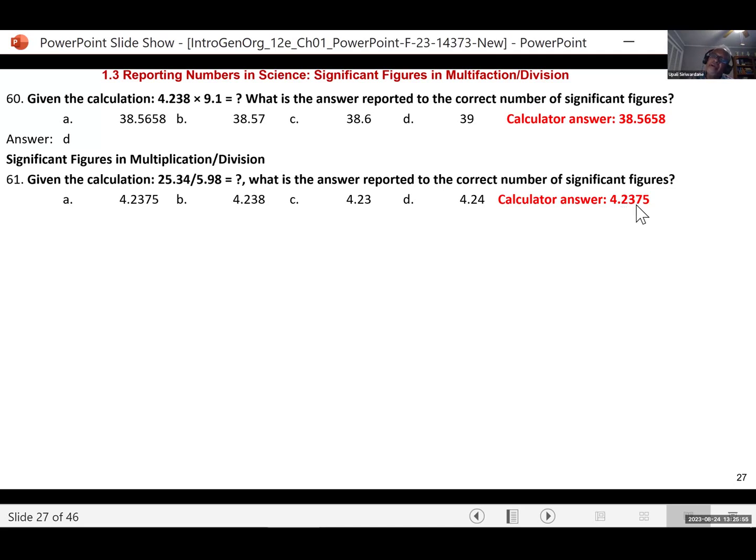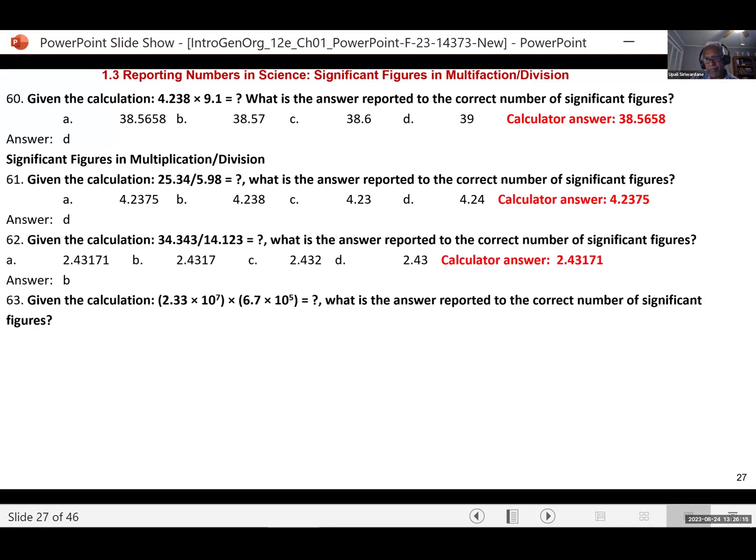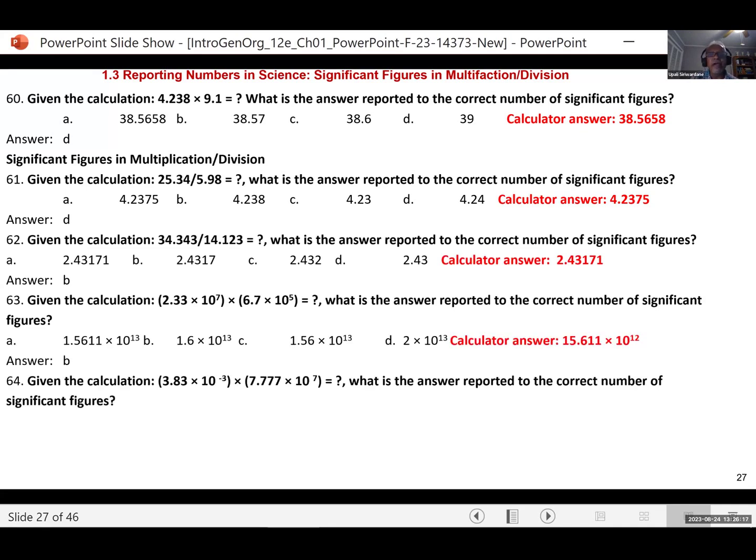You have to round it off to that 23. Rounded off to 3 here. So this is 7. 7 is greater than 5. Therefore, you add a 1 to here. So the answer becomes D. So that's pretty simple how you calculate